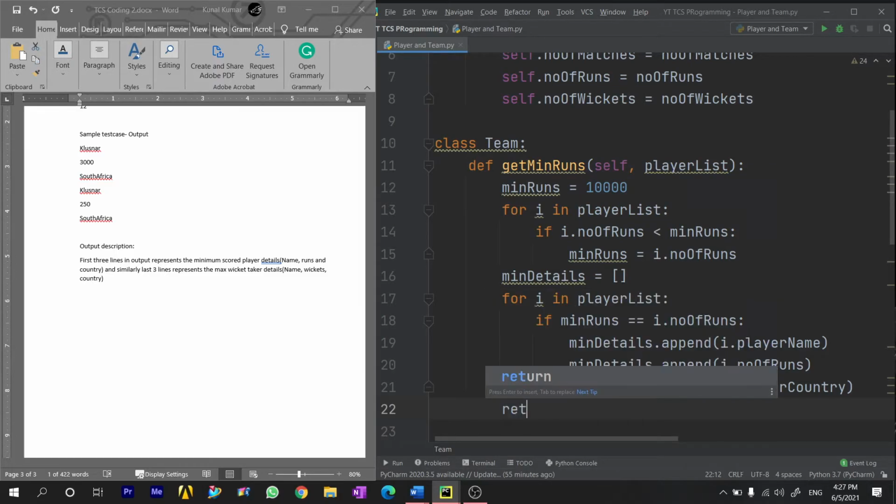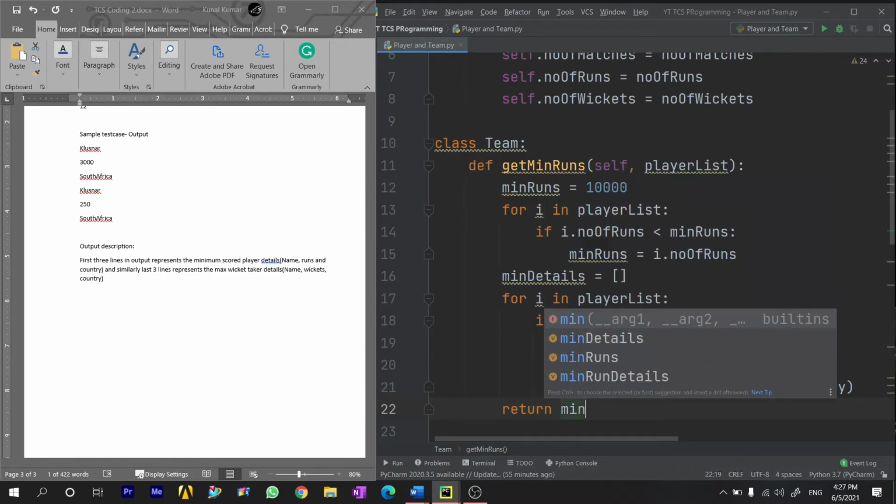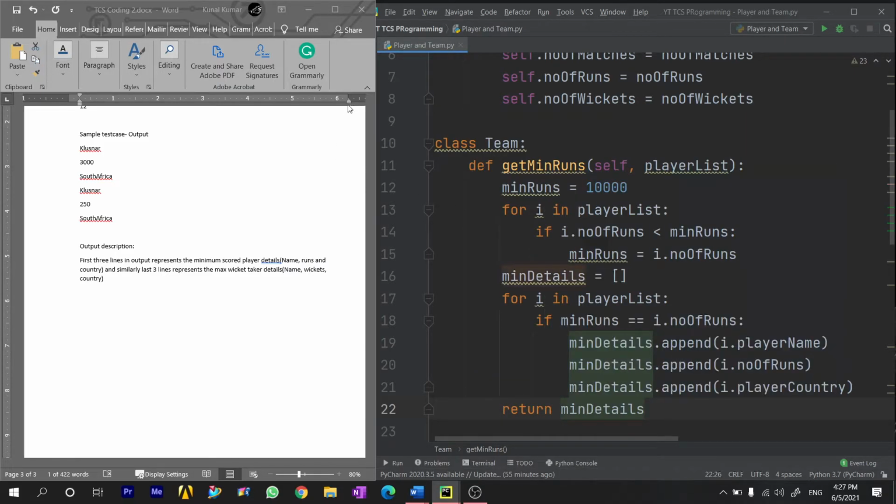So we will just return this min details.